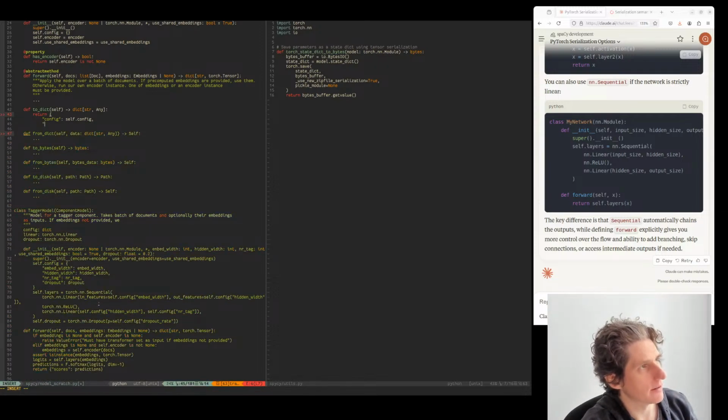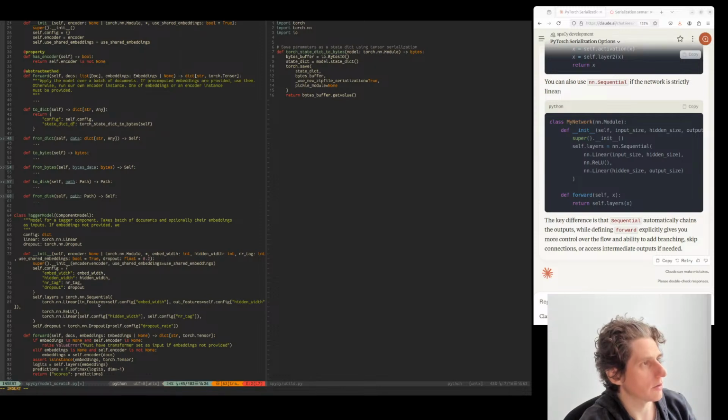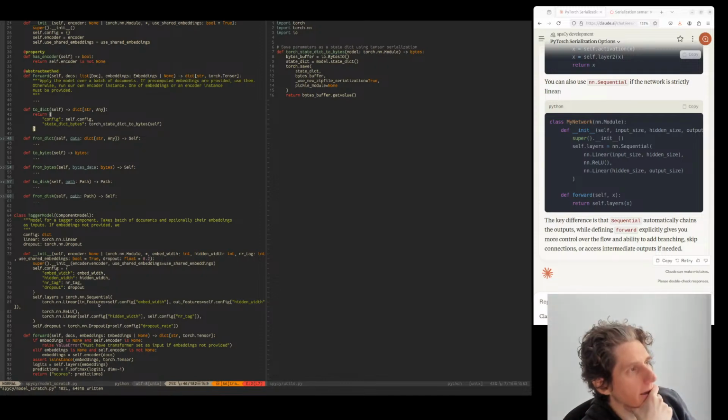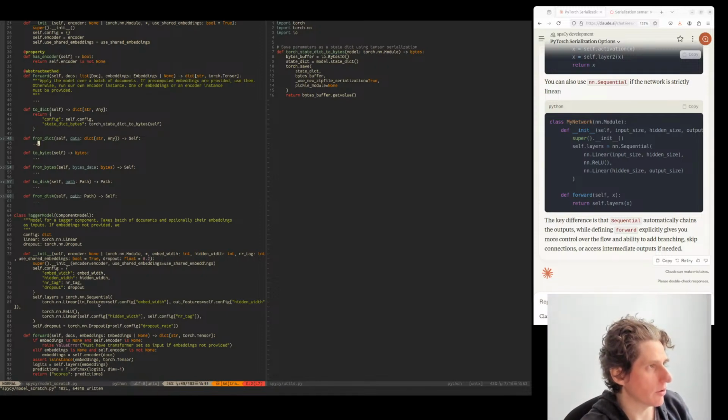And then we'll have our state dict, state data. We go state bytes. Okay, so that's the general thing that we do when we're saving things to a dictionary. We save the config and the state dict data, and then when we're going from dict, we're going to go